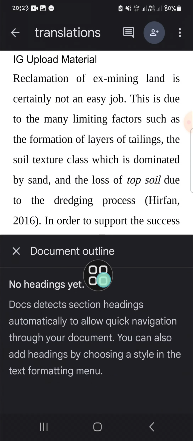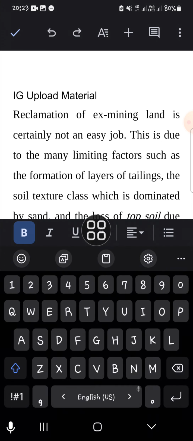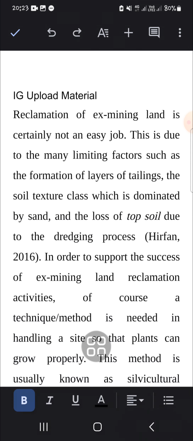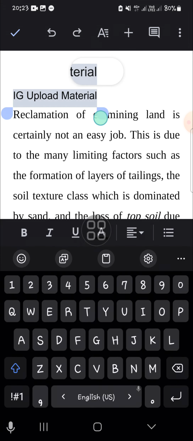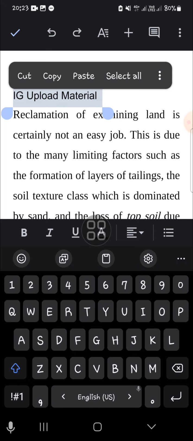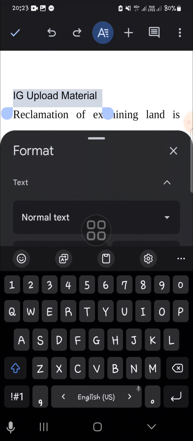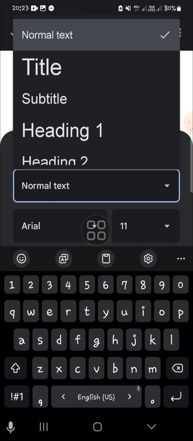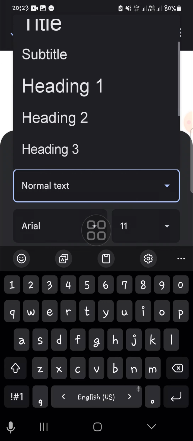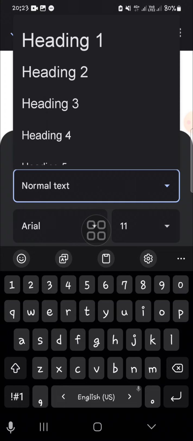Okay, but as you can see guys, there is no headings yet, so I need to add heading. You can only show the document outline after you add heading to your text. And I'm going to select the text I want to add heading. We can click on this A icon, and then we're going to select the heading. Click on normal text. Now the text is in the normal mode,